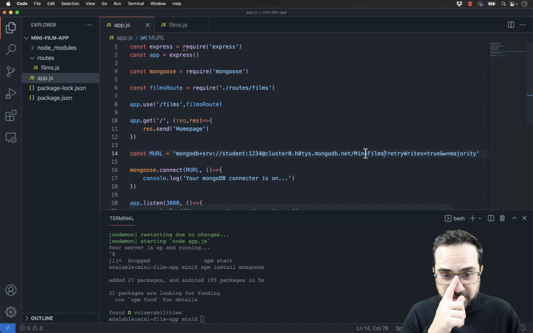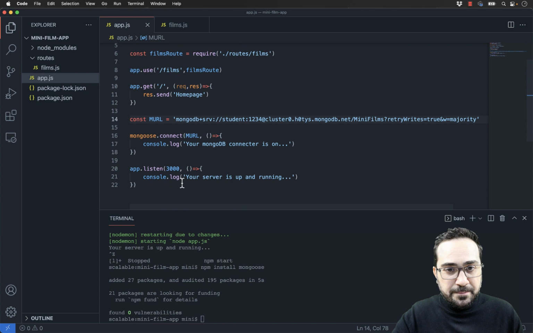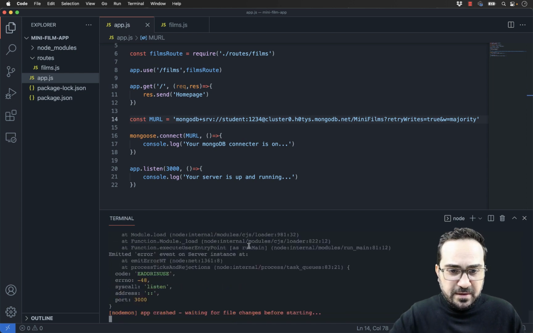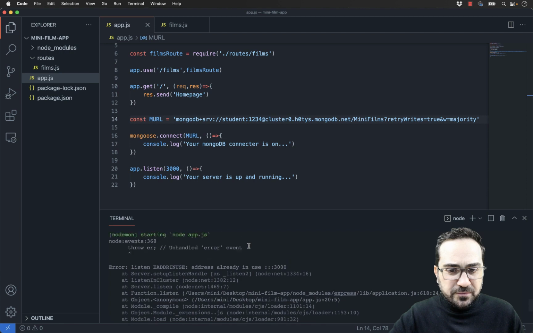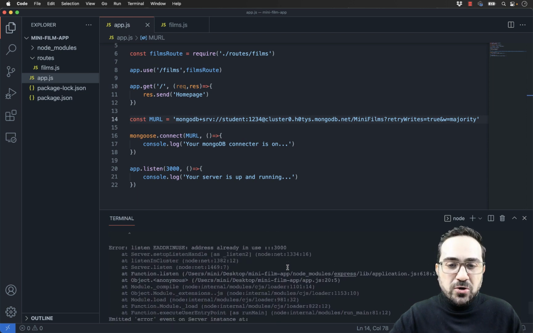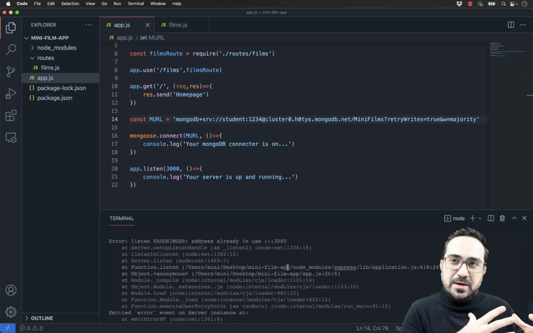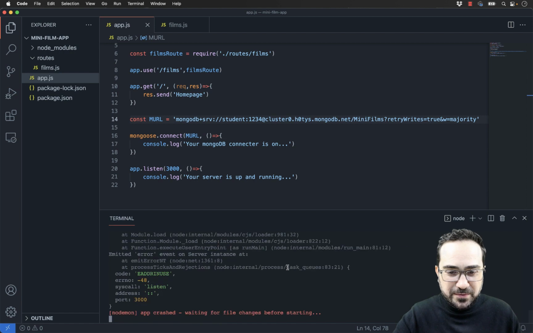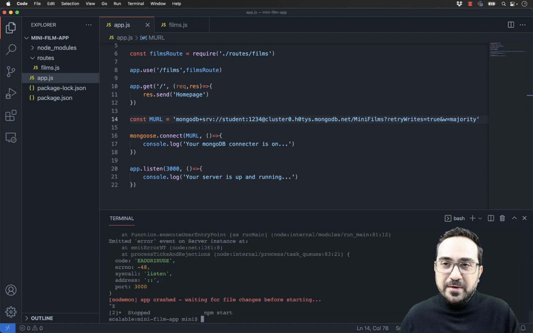I have my connector. I have my MongoDB here. And what I have to do is to restart my server. I just run npm start. And I have an error, and that's fine because I will fix it. Let's see what I have to do. It says here your 3000 port is already up and running. That's a common mistake because the previous example that we had was running, and this means that the 3000 is already on. So what I will do is I will just stop this.